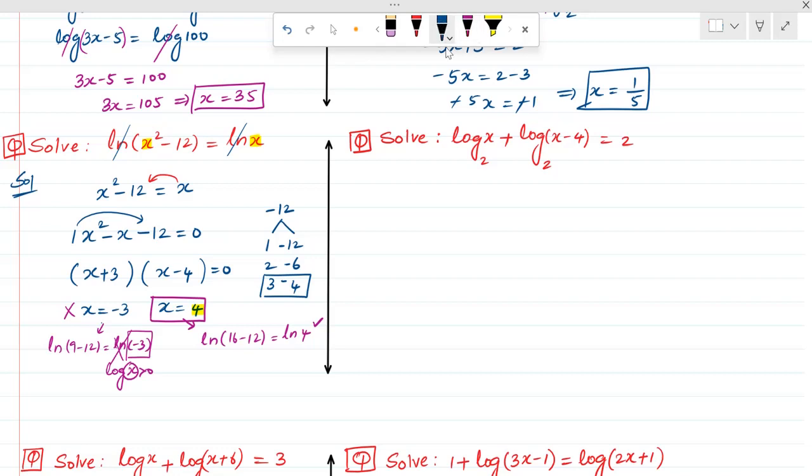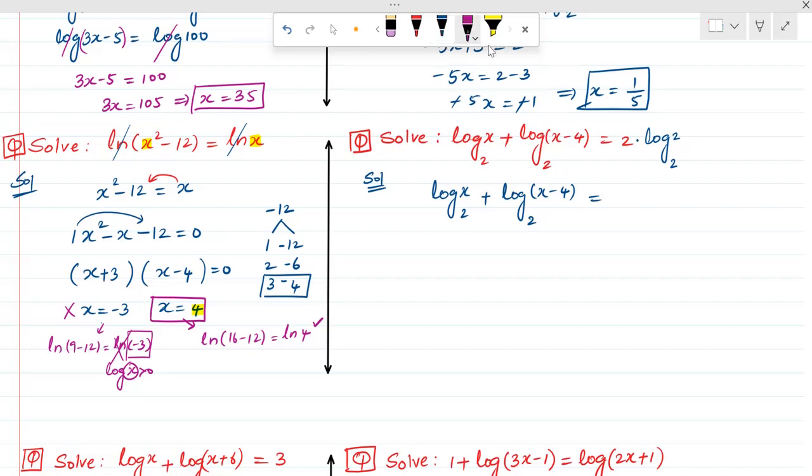It is given: solve log x base 2 plus log x minus 4 base 2 equal to 2. Since the log is missing here, there is no log on the right side, I will add log to the base 2, the same number. Now this step can be rewritten as log x base 2 plus log x minus 4 base 2 is equal to